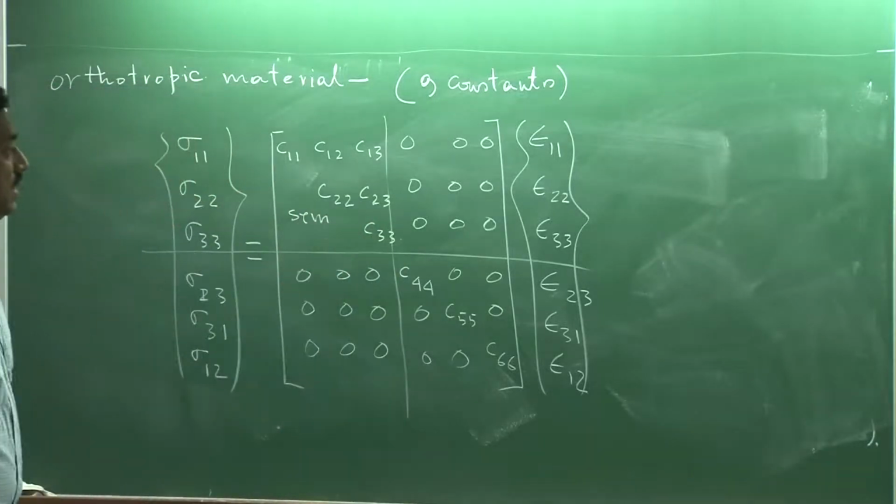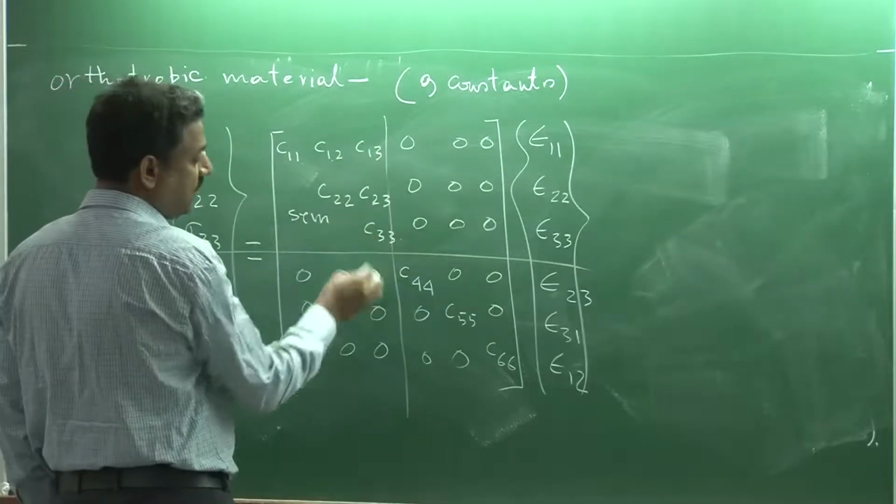So, it is 9 constants: 1, 2, 3, 4, 5, 6, 7, 8, 9